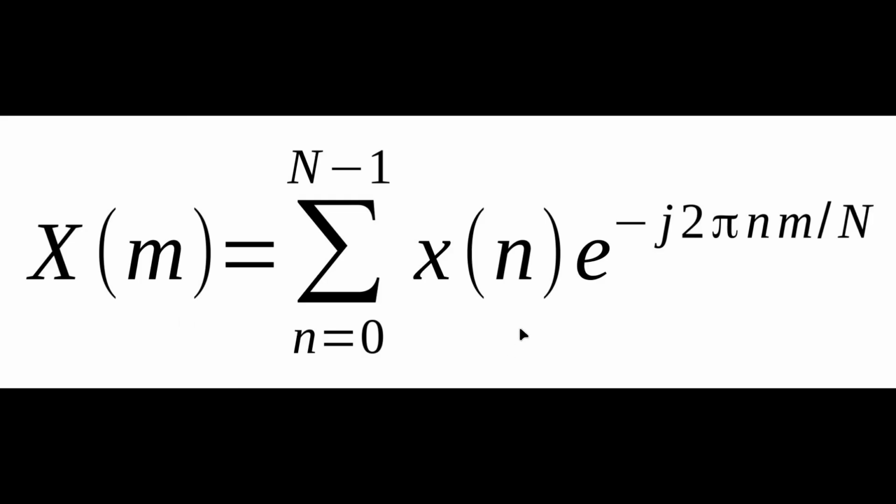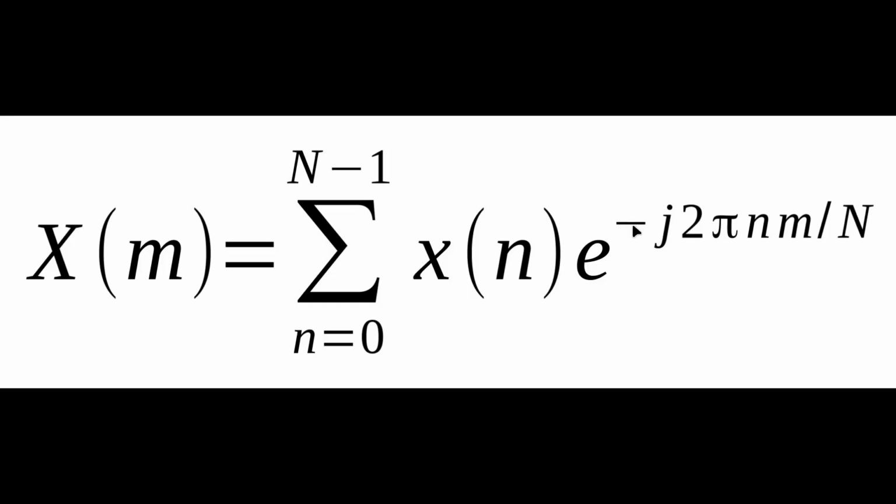Now, a lot of people will show you this equation and it looks daunting, looks complicated. There are lots of YouTube videos that try to go into how it works. And I'm going to give you my perspective of how I look at this particular equation. And that is, I look at it as a correlation, specifically a correlation of our signal, that's represented by this x of n here, times the complex exponential here. You have to understand, complex exponential is just another way of saying a cosine and a sine. The cosine represents the real part. The sine represents the imaginary part.